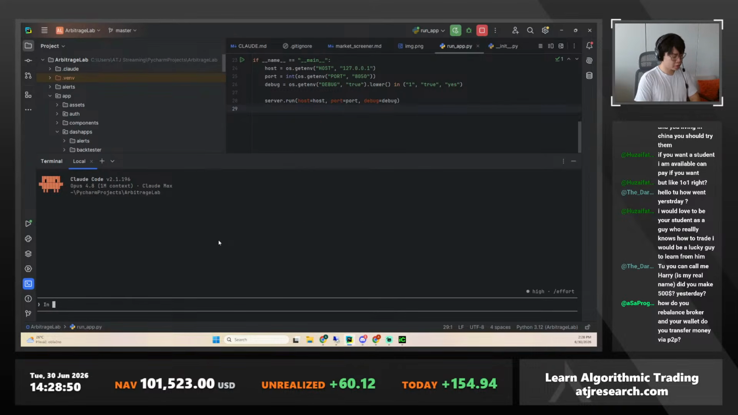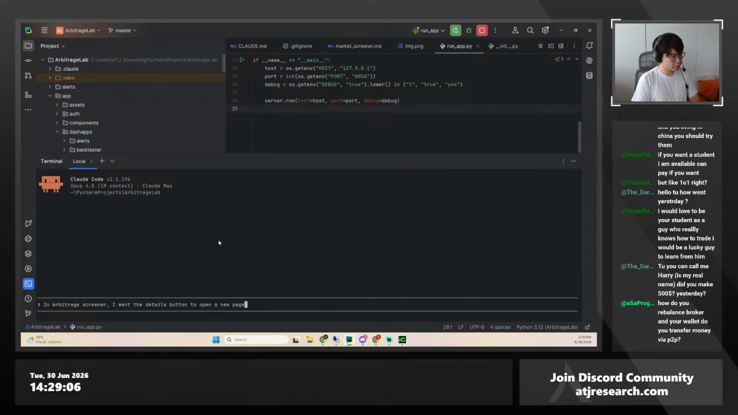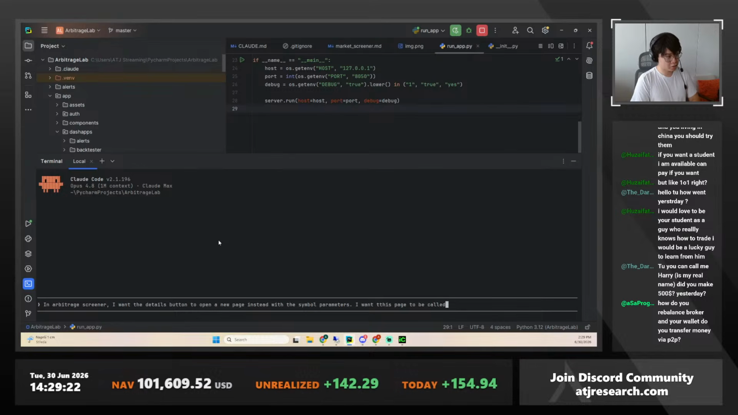So here in Arbitrage Screener, instead of this, I want the details button to open a new page with the symbol parameters. I want this page to be called